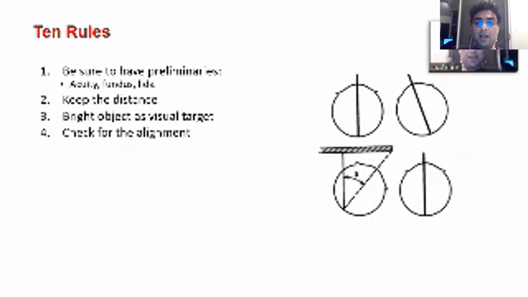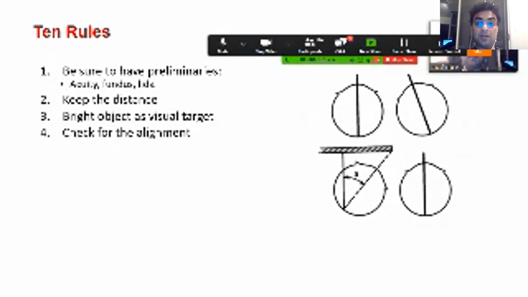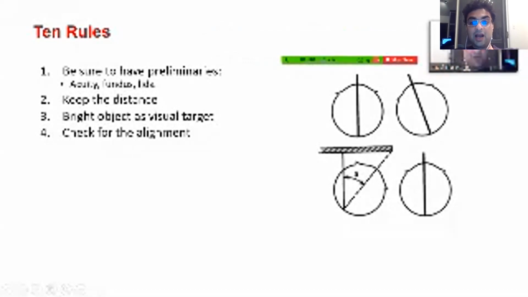You have to make sure that you check the alignment of your patients. What I do is I keep the occluder on me, and the type of occluder that I like is the one which is more translucent. So if you cover one eye, you can see the covered eye, but the person cannot see out of that covered eye. So that gives you a very good view. Let's say, for example, if you occlude the eye, as you can see here, this eye is kind of moving in, like esotropia. So if you had occluded this, you would be able to see it, but the patient would not be able to see out of it. So it's very important to use that type of occluder if you have it, and it's not that expensive either. You can get one for a few dollars.